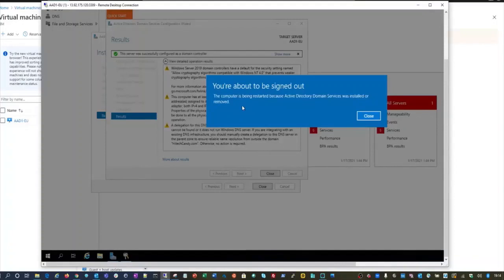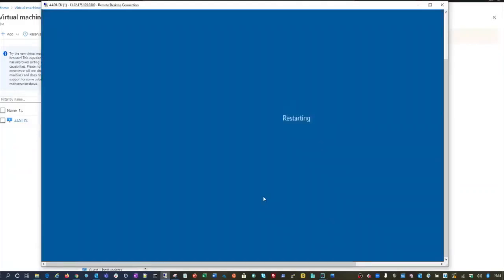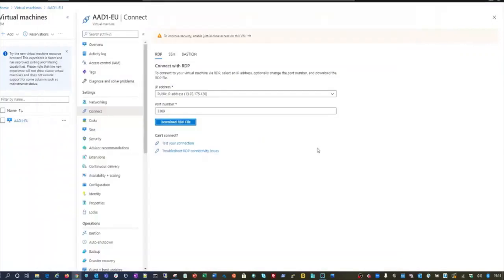So now you can see the server is automatically being restarted because the installation of AD is completed. Let's close this, and we will move forward to the post installation tasks for a domain controller.